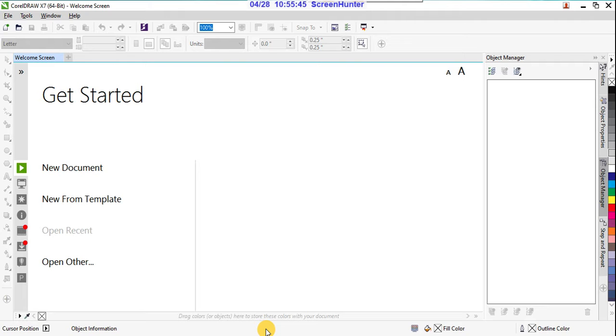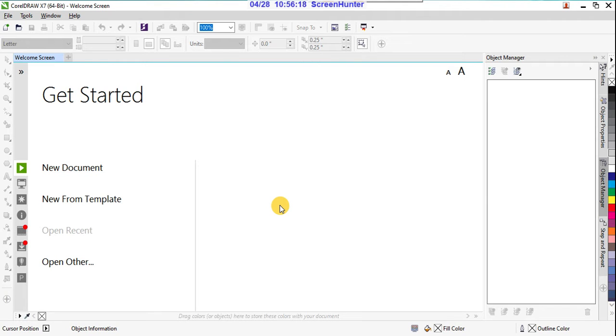So what do vector based programs mean? If you draw anything in particular software, suppose today our software is CorelDRAW, if you draw anything in CorelDRAW and zoom it more than that size, we still get the same quality of clarity, right? That is the reason we use this software for making banners and hoardings, right?